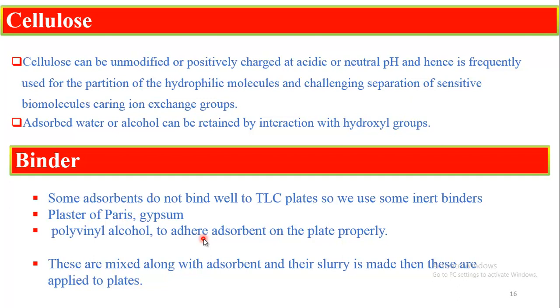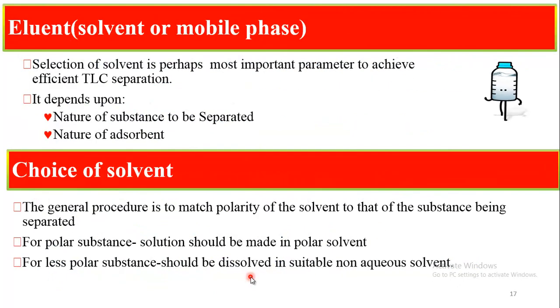So it works like a glue, meaning it has adhering property for the adsorbent. They are mixed along with the adsorbent and a slurry is made, and these slurries are applied on the plate. And after that, the eluent or mobile phase is selected for the